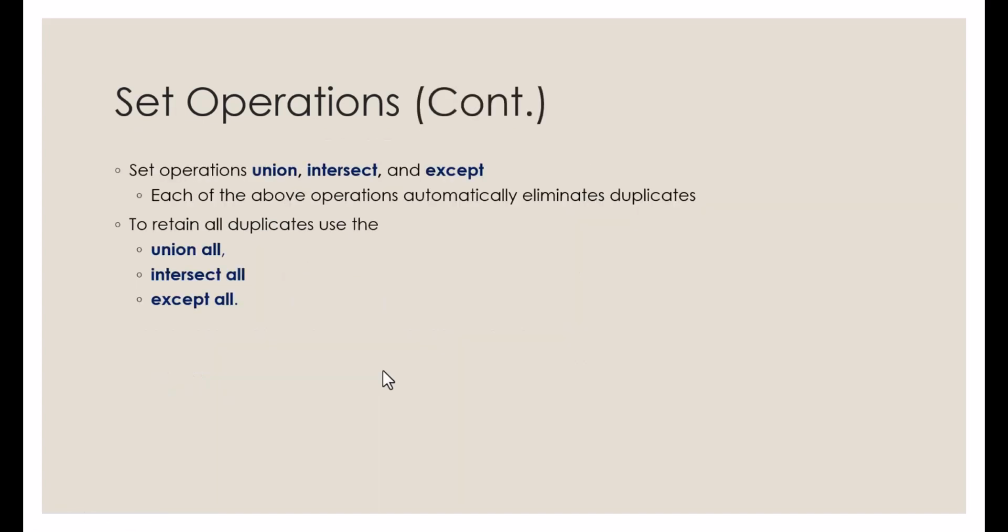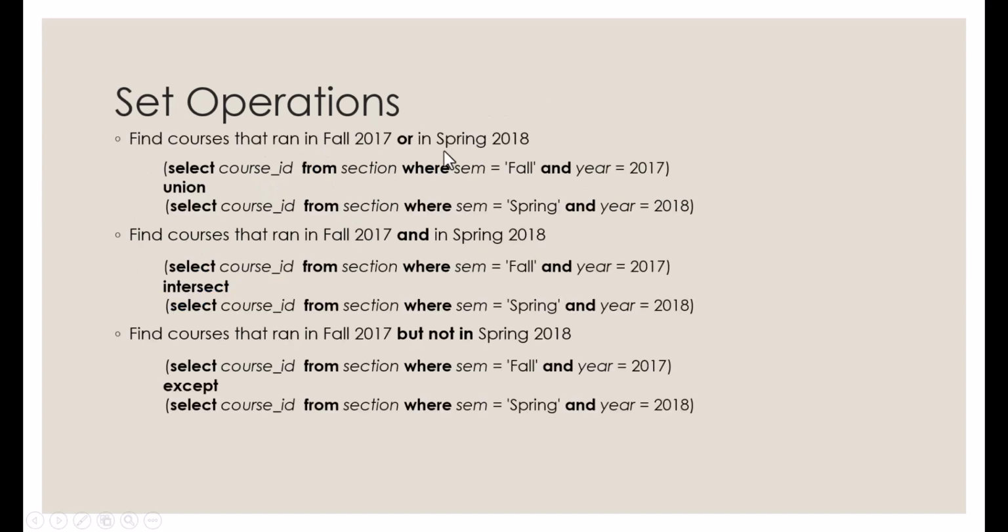Okay, so union, intersect, except, all of these will automatically eliminate duplicates. But if you do want to still see the duplicates, all you have to do is add the word all followed by union, intersect, or except. So you would just have union all, and this will actually return all of the duplicates as